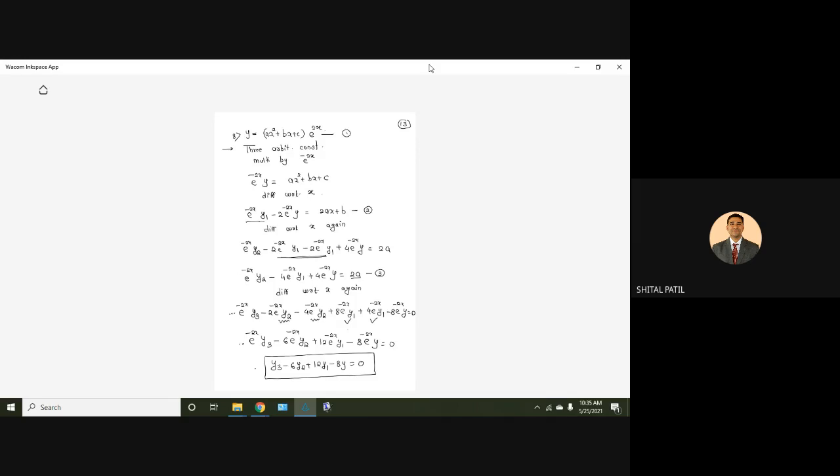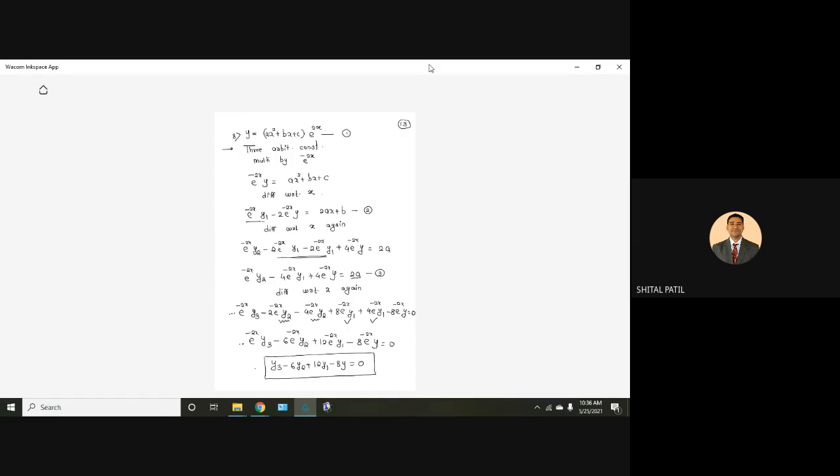This is all about the formation of differential equation. Probably 1 or 2 examples may be asked in the final MCQ exam. Actually, it is expected that no example should be asked on this part, but we cannot challenge the university. We cannot challenge the question paper setter. So therefore, we have gone through this method. Let me continue with the next part.